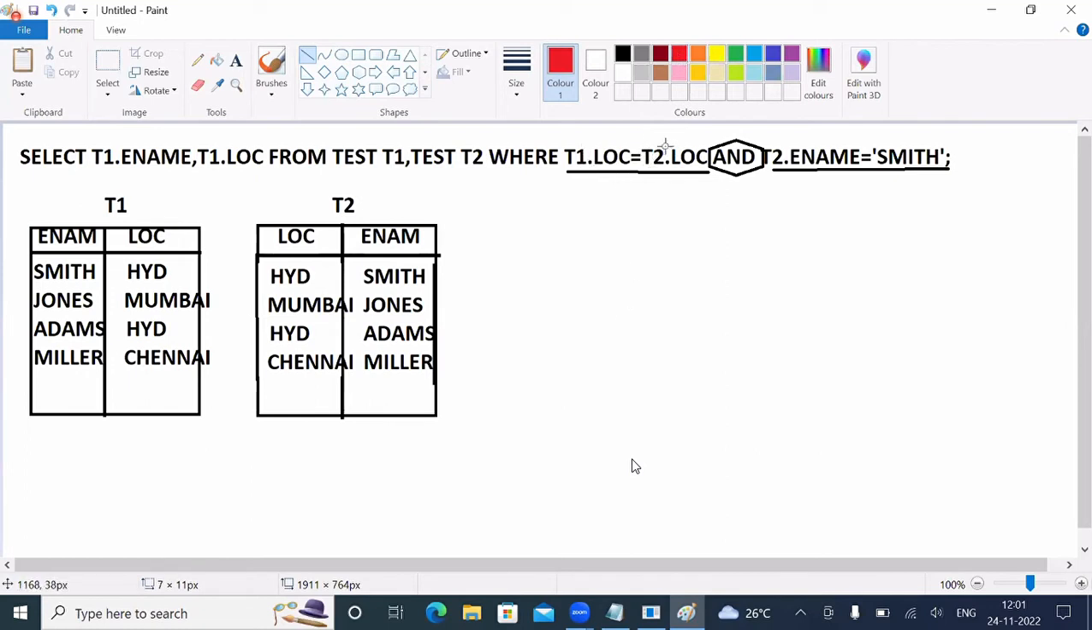T1.LOC is equal to T2.LOC. Compare the first row. Hyderabad is equal to Hyderabad. Condition true or false? First condition, true or false? First condition, true. Very good. First condition true means compulsory